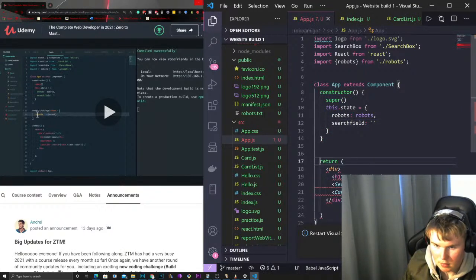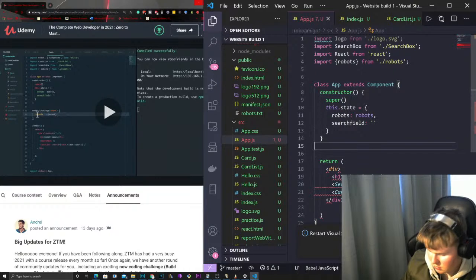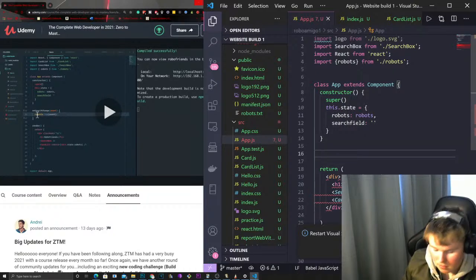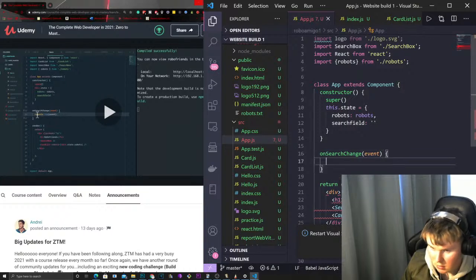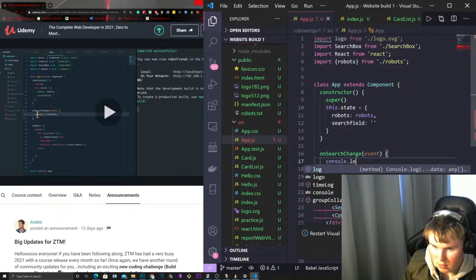So we'll do onSearchChange, event, console.log event,